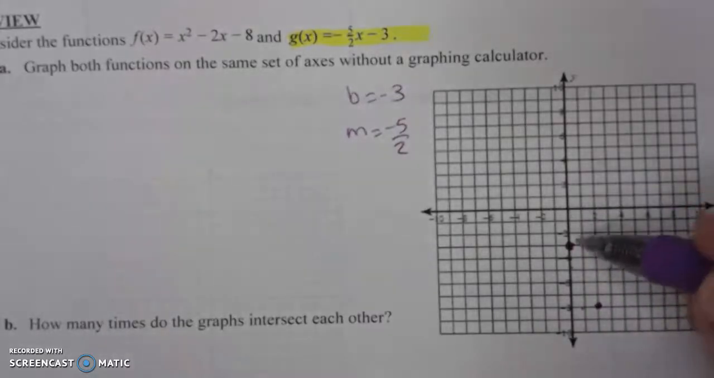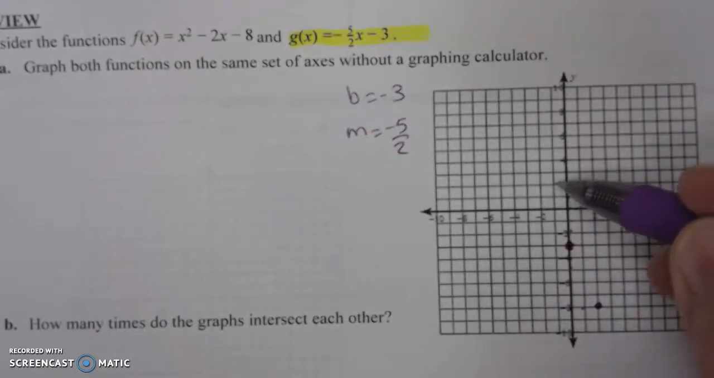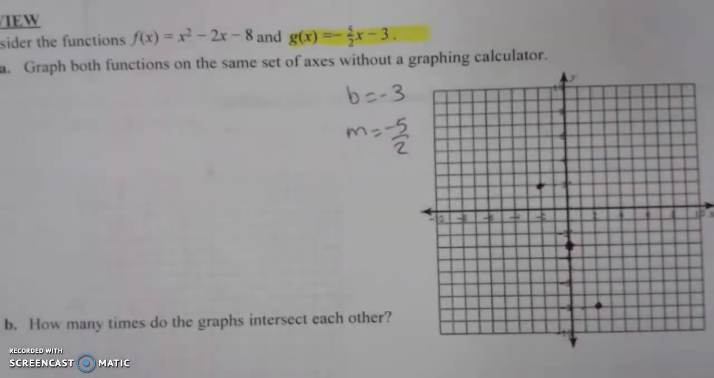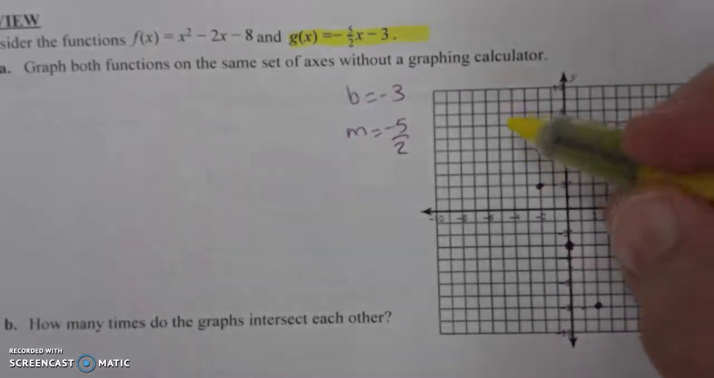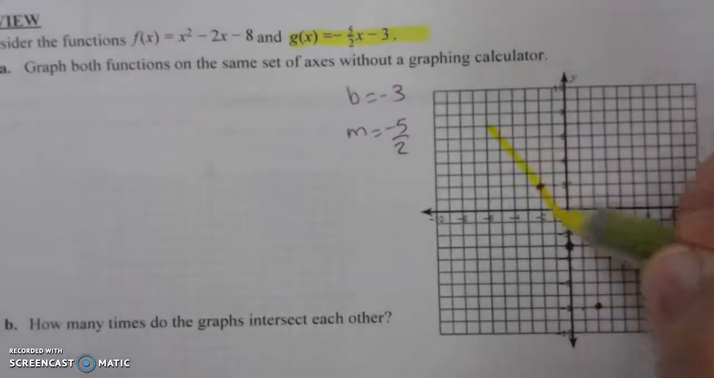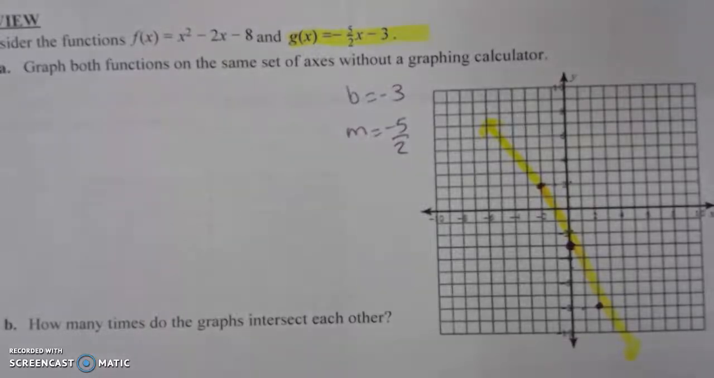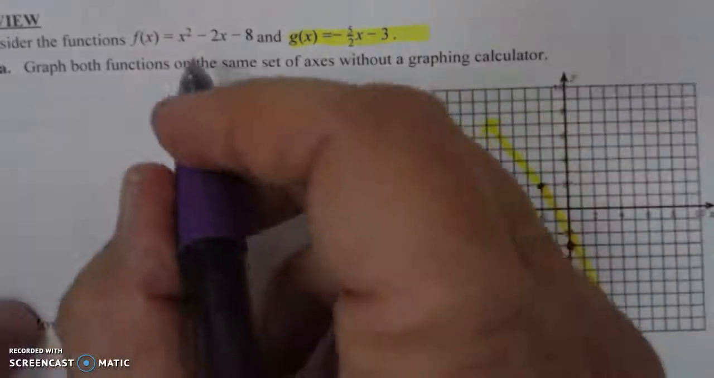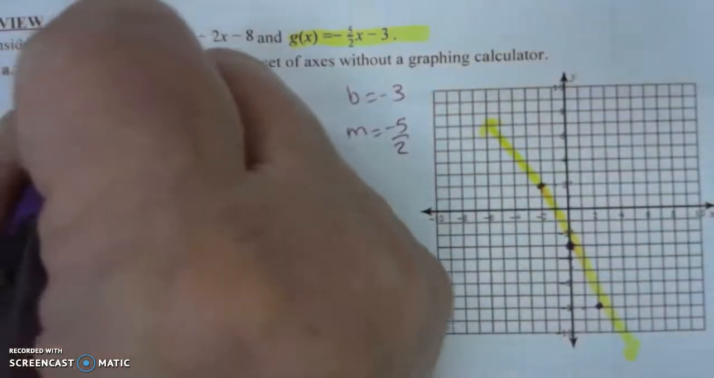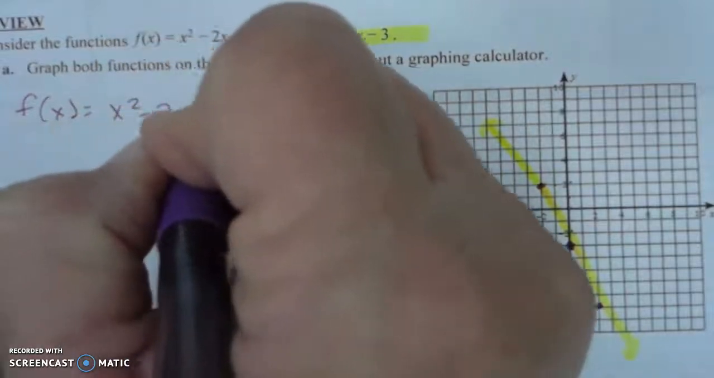So I know my graph's going to look like that. I can go positive 1, 2, 3, 4, 5 as long as I go -2. And then my graph's going to look something like that. Okay, a nice straight line. Pretend it's straight. And now for this next one right here, f of x equals x squared minus 2x minus